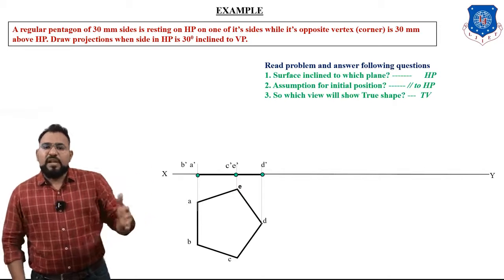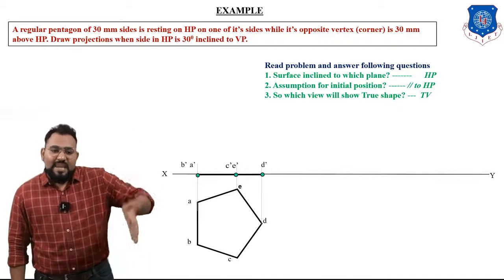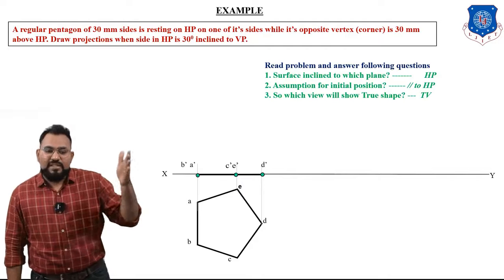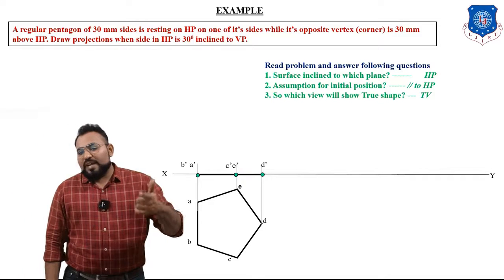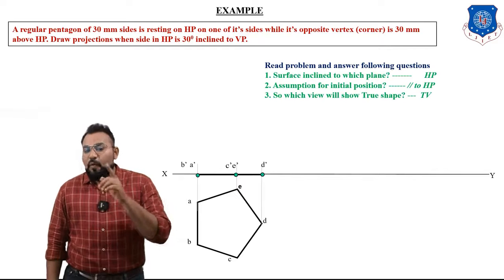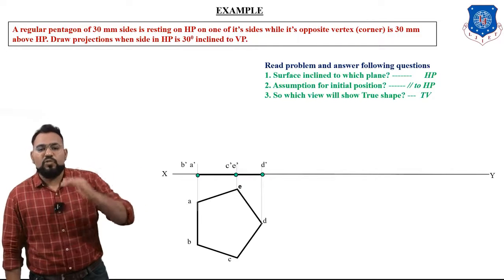So we know that whatever side he's saying, we take it on the left side of the geometry. So we know that AB is that side of pentagon. So in first stage, see the top view and see the AB side. Now you can tell me what is opposite vertex to that side. You know that, yes, you are right. Point D is the opposite vertex to the side AB. So he's talking about the point D.